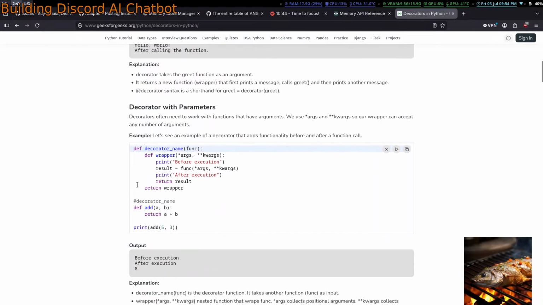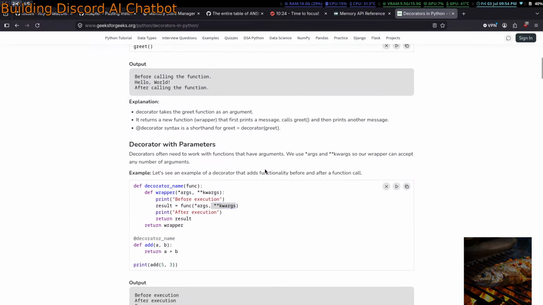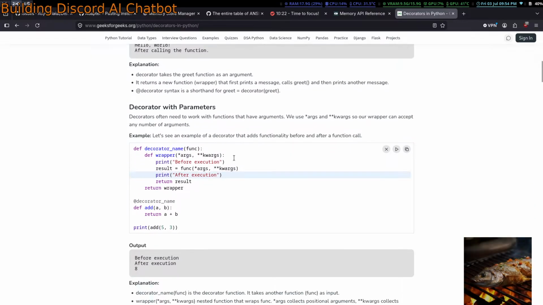Expanding functions and stuff. So now, decorator with arguments, args, kwargs. Okay. Func, args and kwargs, keyword args. So what happens here?